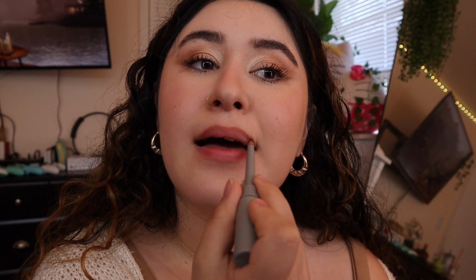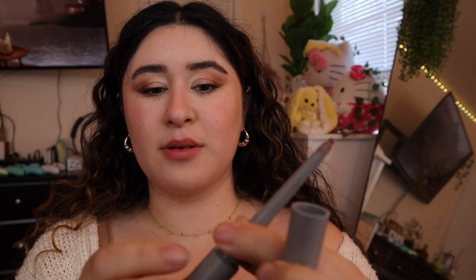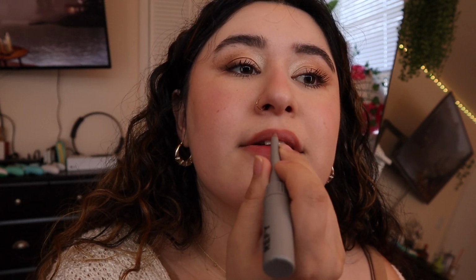And to finish this look, we're gonna do some lips. I will always stand by my Refy Lip Sculpt lip liner. I do not like this thing on the back. It's supposed to be a bond that makes your lip liner stay all day. And I did do a wear test with it, and it did stay pretty much a long time, but after using it so much and getting used to it a little bit more,